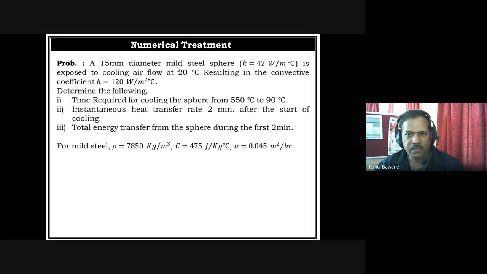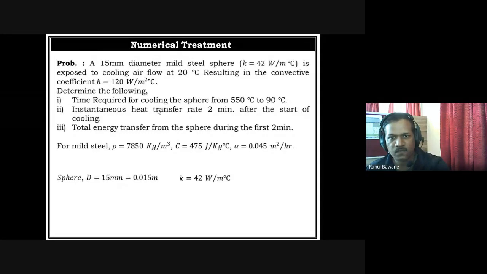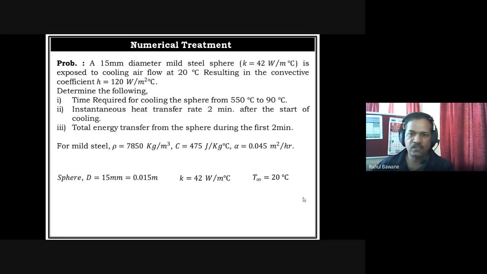A 15 cm diameter mild steel sphere. The sphere is given with diameter 15, so convert into meter. That sphere, having K value 42 watt per meter degree centigrade, is exposed to cooling air flow at 20 degree centigrade. So the surrounding fluid, that is T infinity, is at 20 degree centigrade,